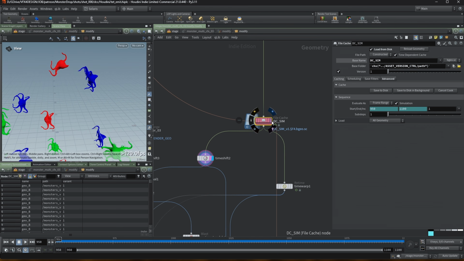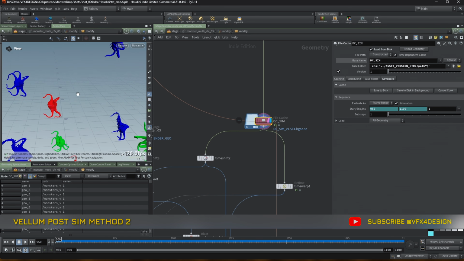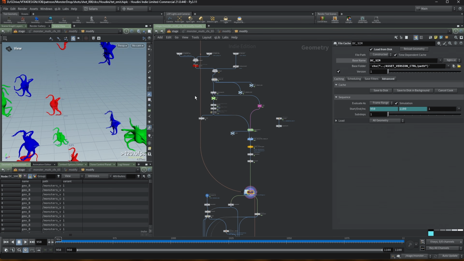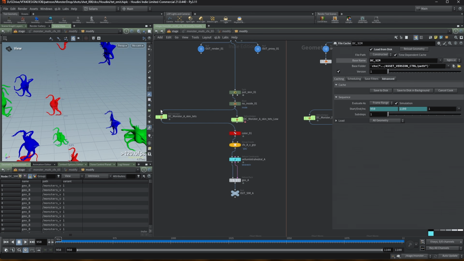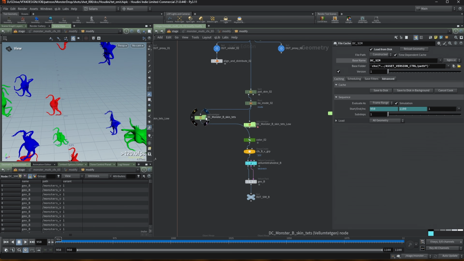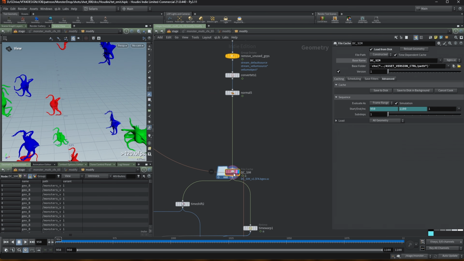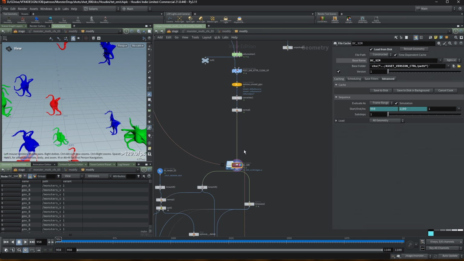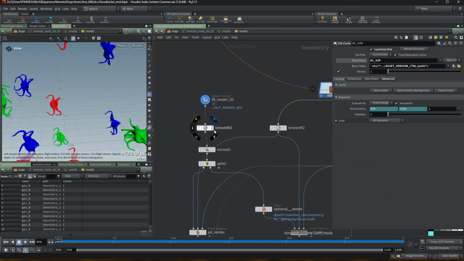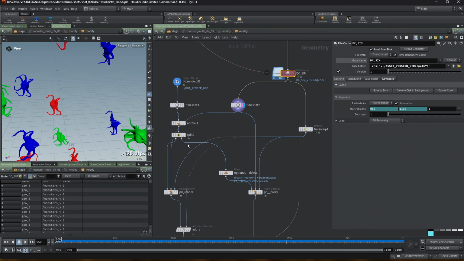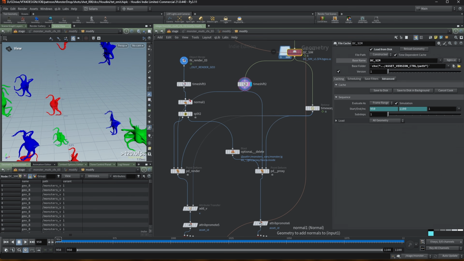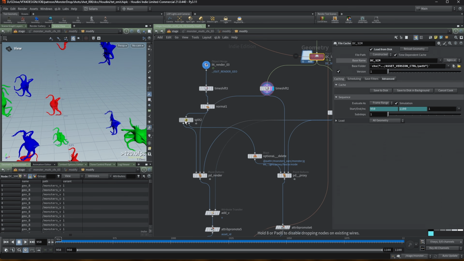All right, so 10 minutes later, we've simulated again. I think I accidentally switched over to the high res geometry, so it did take a little bit longer, but you know, it's the thing, isn't it? So if we take a look now, the time, and these two match. So what we're going to do is, it's a bit messy, I do apologize. We're going to point deform